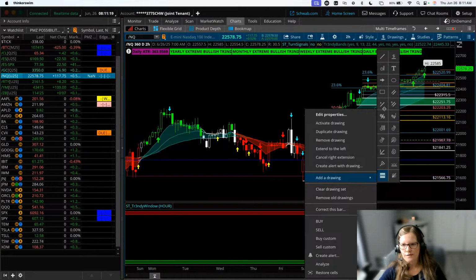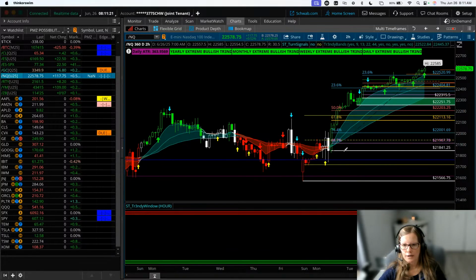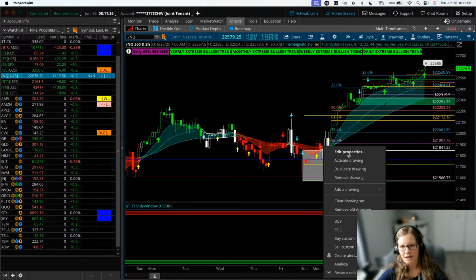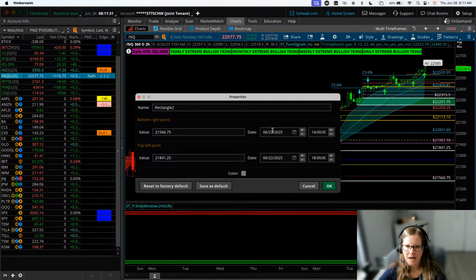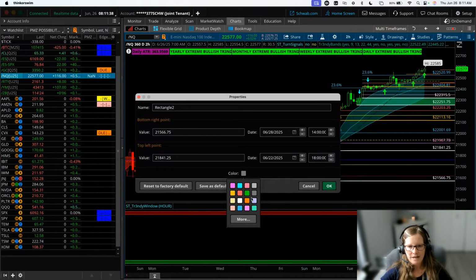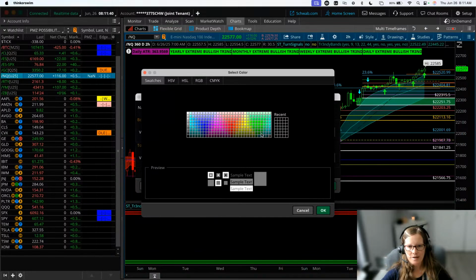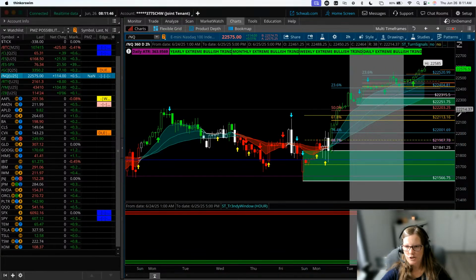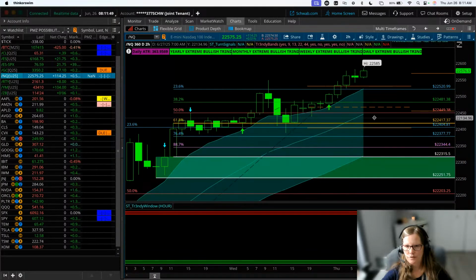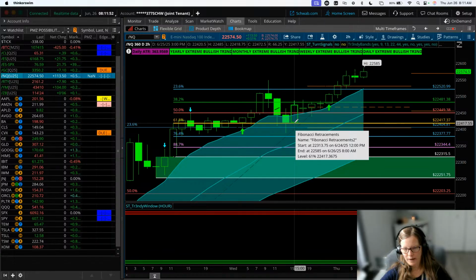As far as the upside targets go on NQ, I'm going to run some Fibonacci extension levels because we are at all-time highs. So let me get this zone marked real quick. I don't like to be scrambling if we get a sudden move. I like to have a plan in place ahead of time. So for my Fibonacci extension levels, what I'm going to do is go from where we based here